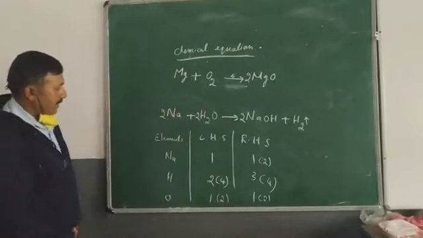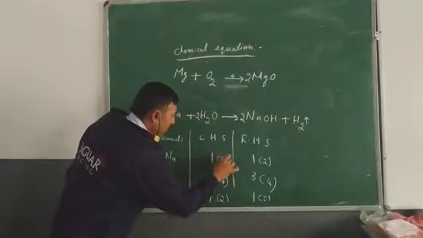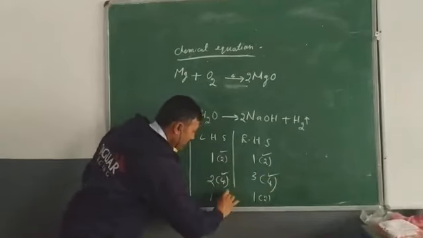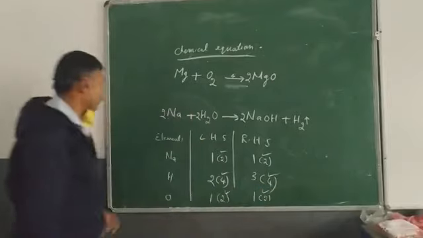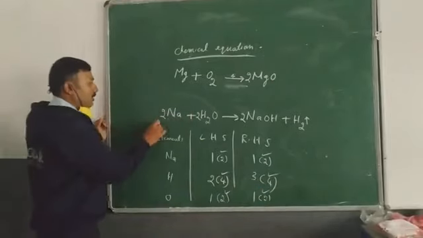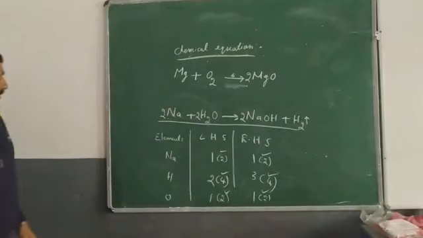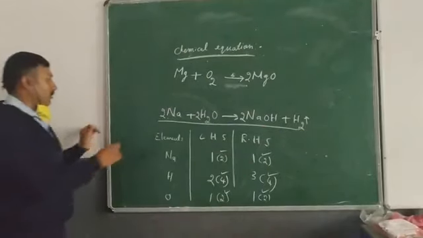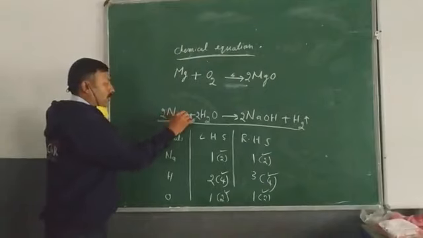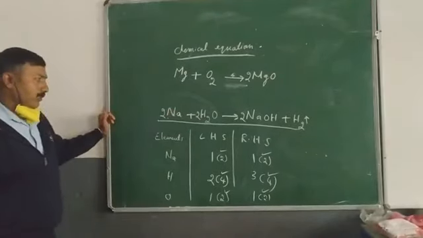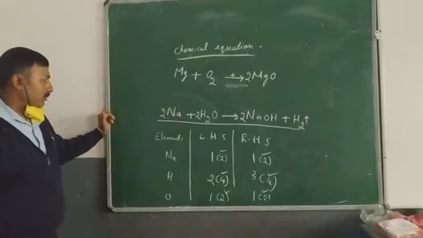Now you see that all the elements in the reactants and products are balanced. Such an equation is called balanced. So this equation is a balanced chemical equation. This is how you have to balance a chemical equation. Next we will continue the class in the next